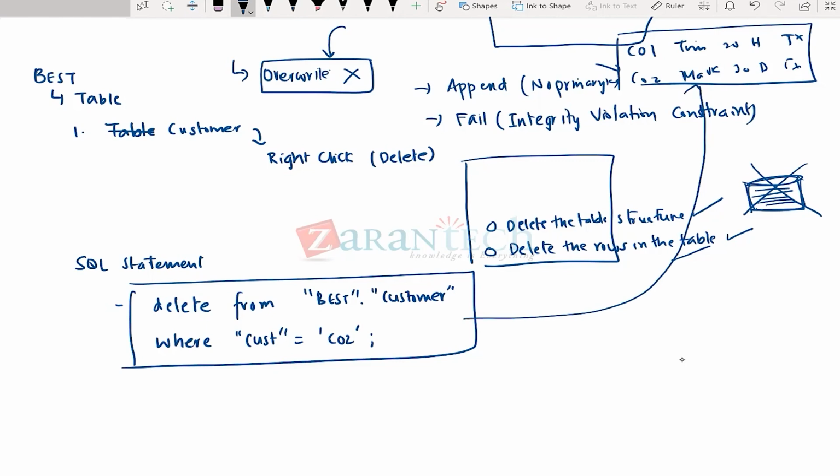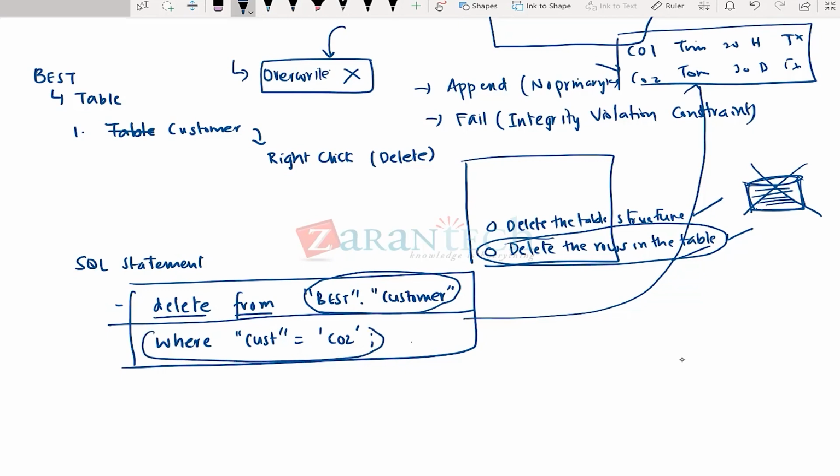So if it used to be Tom, by running this command, it will say delete from. Where are you deleting it from? From this table. The table belongs in this particular schema. What do you want to delete? If you just ran the first half of this statement, it's nothing but deleting the rows of the table. It will go ahead and wipe out everything in your table. But if you don't want to wipe out everything, you want to wipe out a specific set of records,